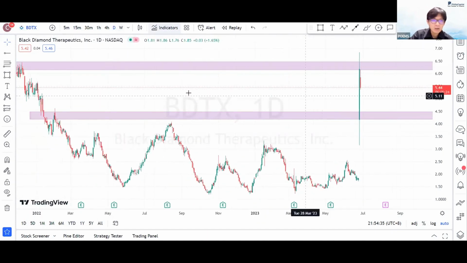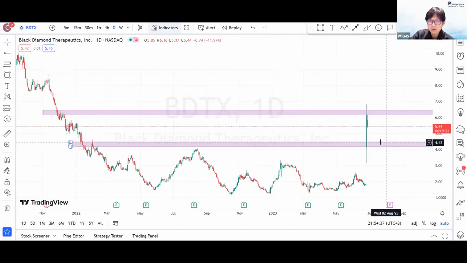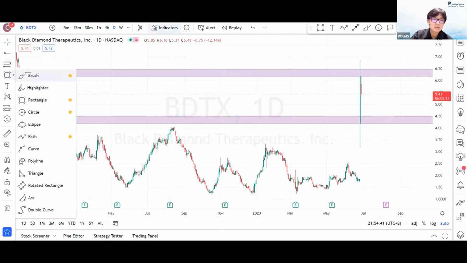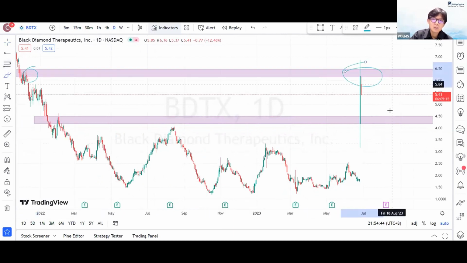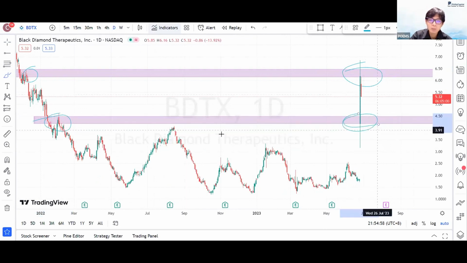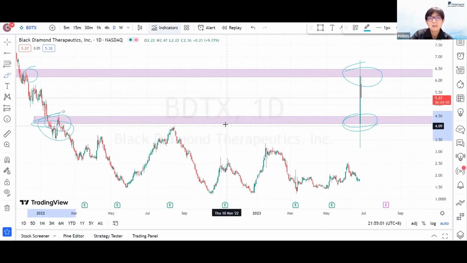So from the daily, what I have drawn just now, this area is basically the supply. Firstly, we have the supply level, where price got rejected at 6.5. The bottom area here, as of now I cannot give you a confirmation that this is going to be a very strong demand. Price basically just opened from the area of the previous supply level.